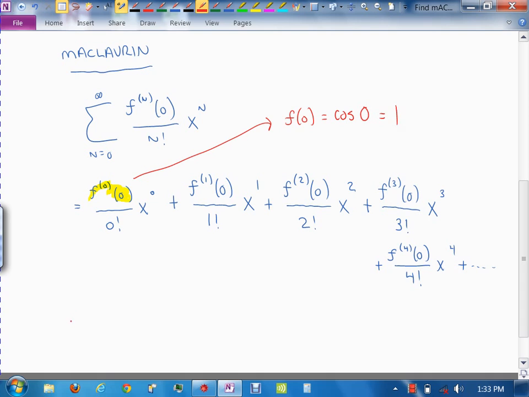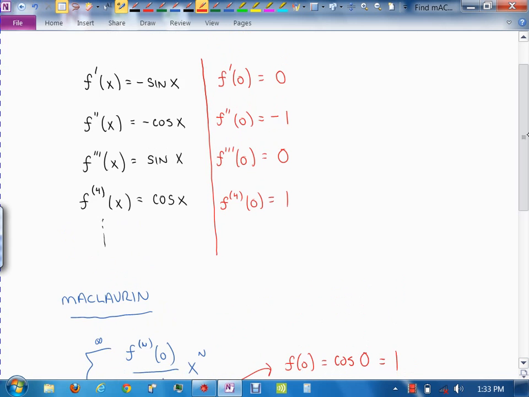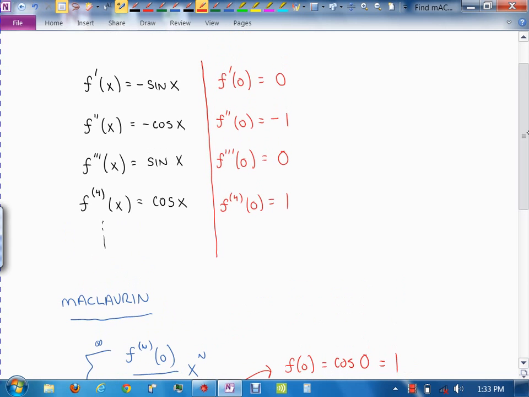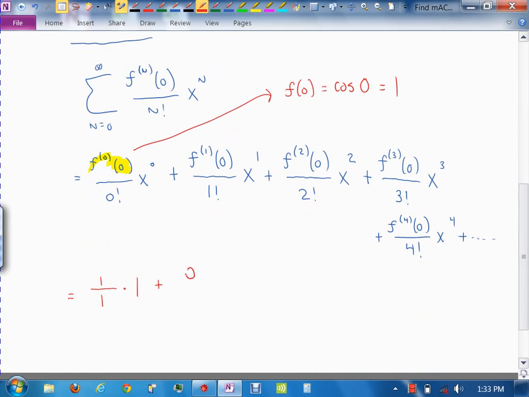So what we get here is 1 over, what's 0 factorial? 1. What's x to the 0? 1. Okay, plus, what was the first derivative of the function at 0? So go back up to our table. What's the first derivative of the function at 0? What was the first derivative at 0? 0, right? So this is going to be 0 over 1 factorial x to the first